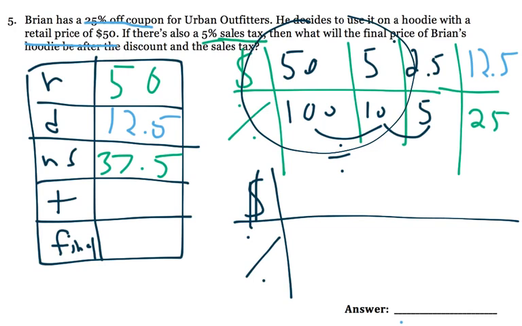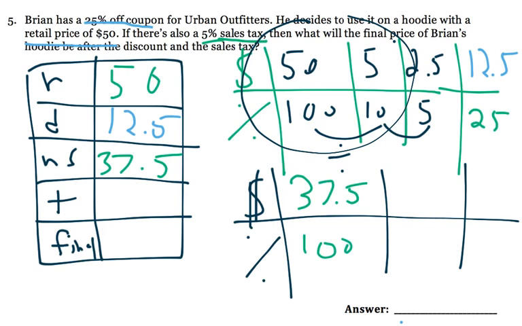Starting at $37.50, and then 100%. And then what we can do is we can divide 100 into 10 to get 10, 10 by 2 to get 5, and then do the same thing up here. So 37.5 divided by 10 will be 3.75, and 3.75 divided by 2 will be this really weird number, 1.875. So the tax then will be